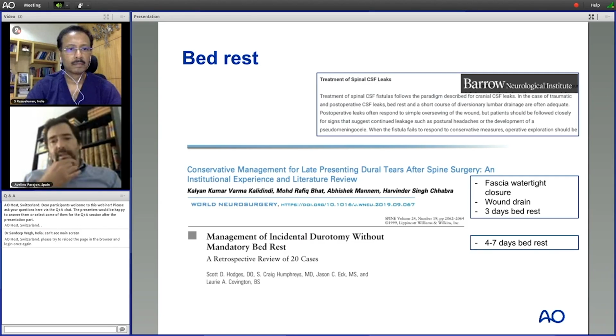So most papers and guidelines on recommendations for treatment of postoperative CSF leaks include bed rest as one of the first steps, but there is no real consensus on how long the patient must stay in bed. In a literature review published in World Neurosurgery, 3 days is the recommendation. But in another publication they suggest that if you are able to do a good watertight suture, probably there's no need for rest. On the contrary, if you are not able to do that, probably the patient should stay up to 7 days,